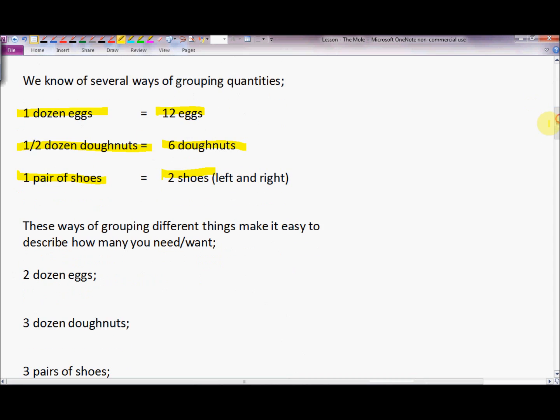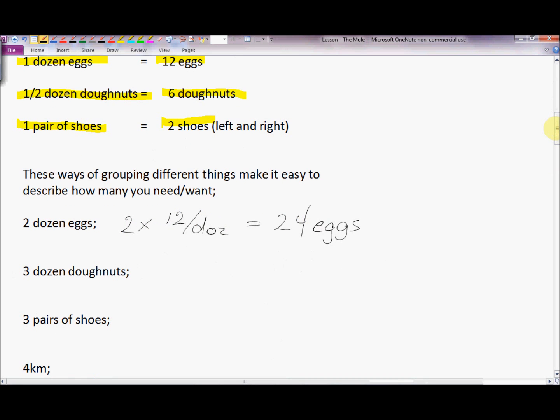For example, we know to order 2 dozen eggs to last us the weekend. And when we do that, we know that we're going to be getting 2 times 12 per dozen. So in total, we're going to be getting 24 eggs. Or if we go to a bakery and order 3 dozen donuts, just enough for a class, perhaps, then we're going to be getting 3 dozen times 12 in a dozen. We'll be getting 36